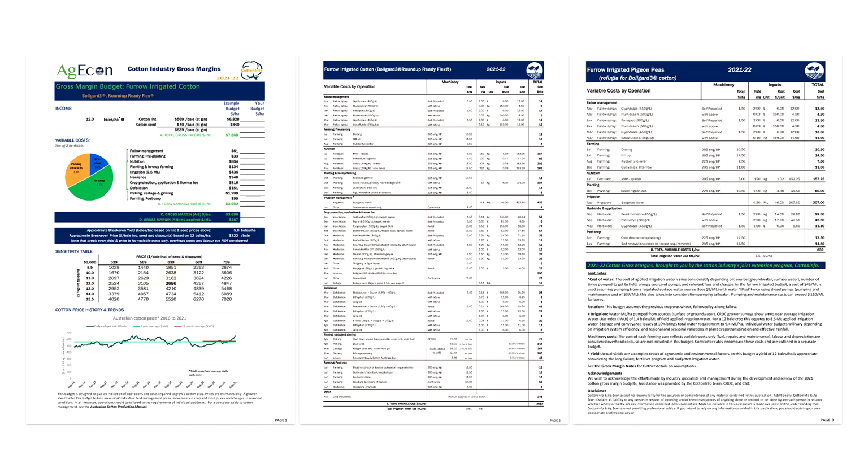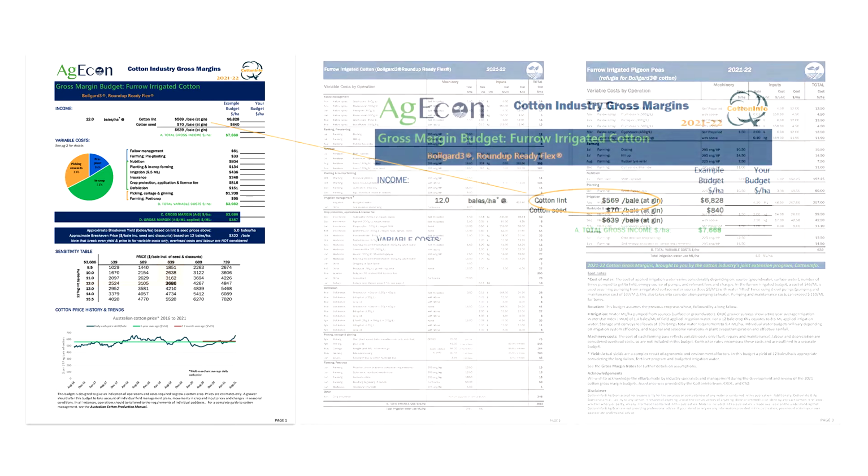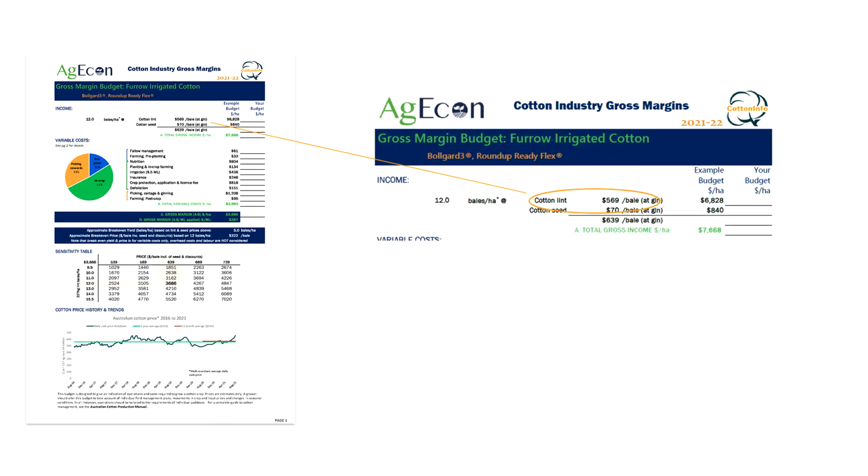While the budgets do appear generic, it's quite easy then for you to use them as a starting point and create your own. You do this by changing any of the variables. For example, if I was looking at the current budgets and thinking forward to the next season, I would start with the furrow irrigated budget and start changing some things. Say, for example, the cotton lint price to account for forward marketing. Hopefully people have been able to capitalise on some of the higher prices.